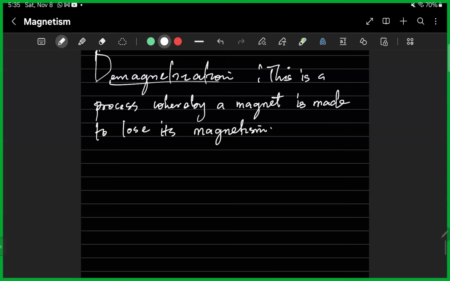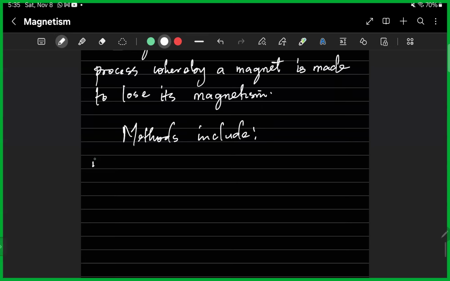And you achieve that by the methods that make something lose its magnetism. The methods include